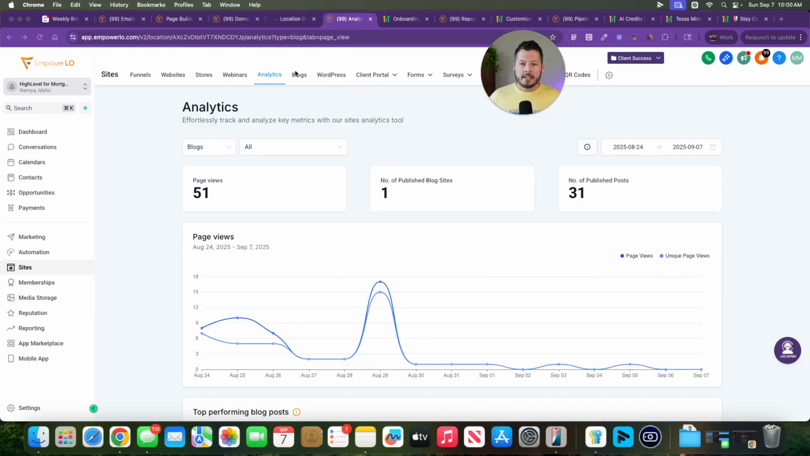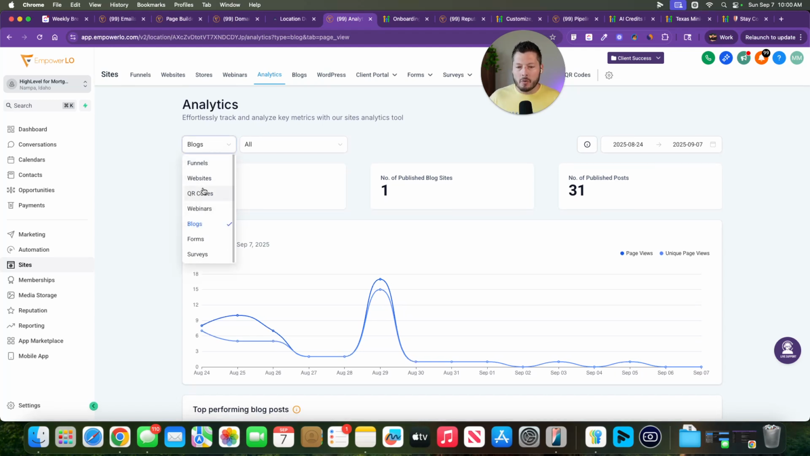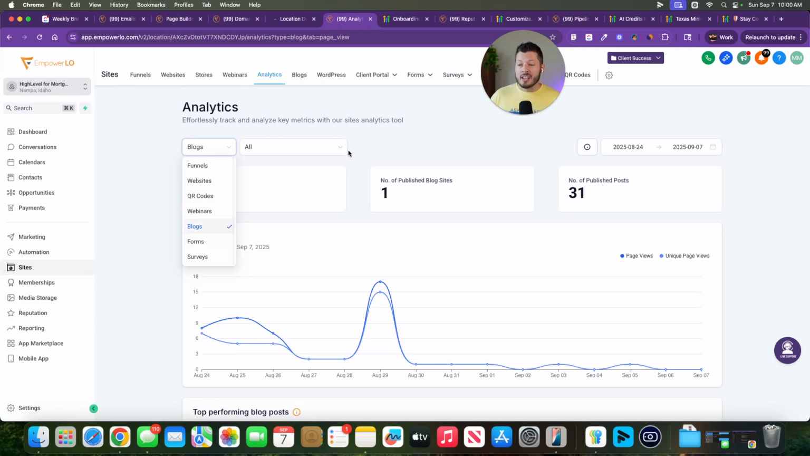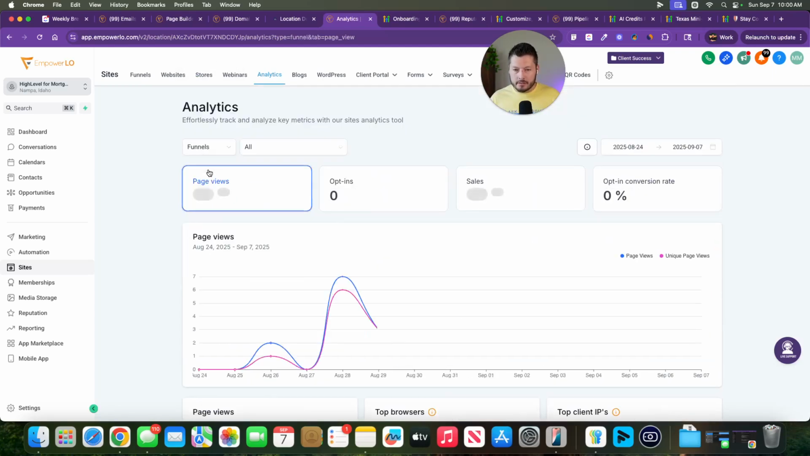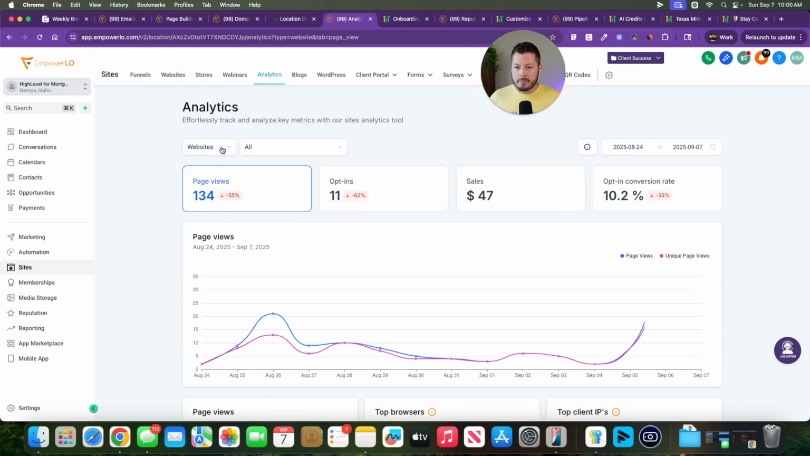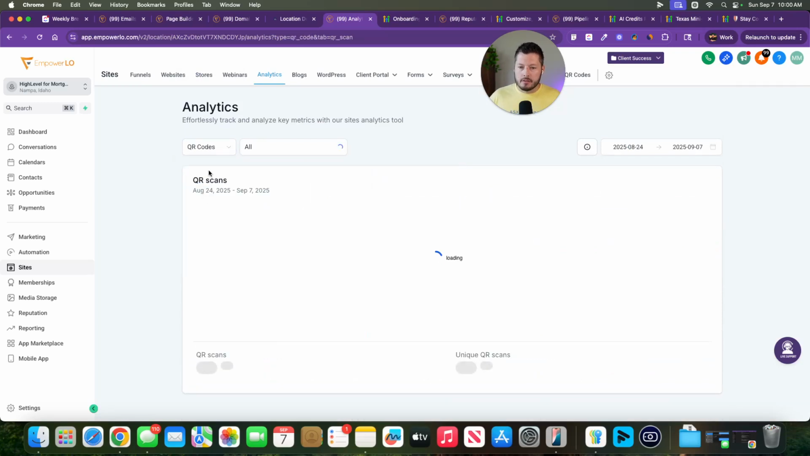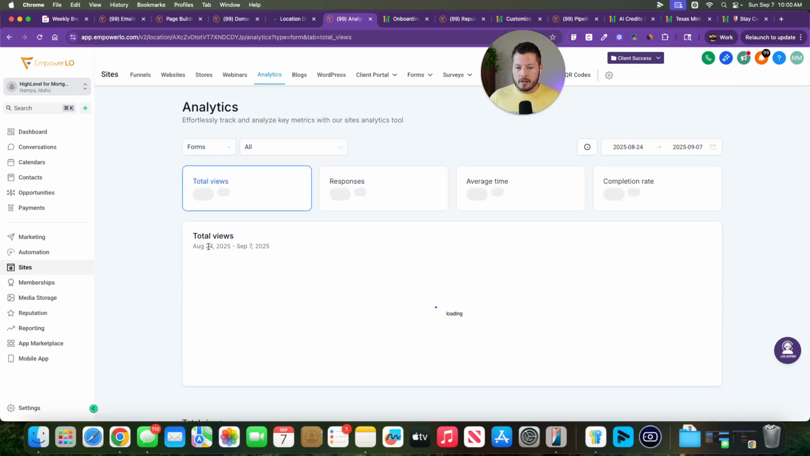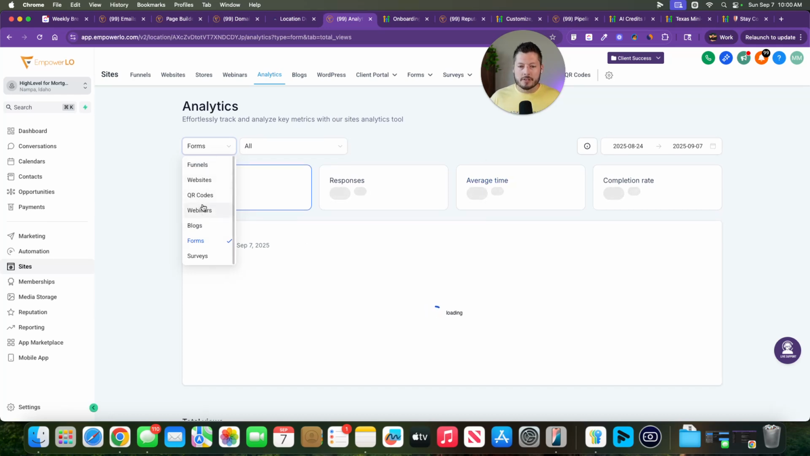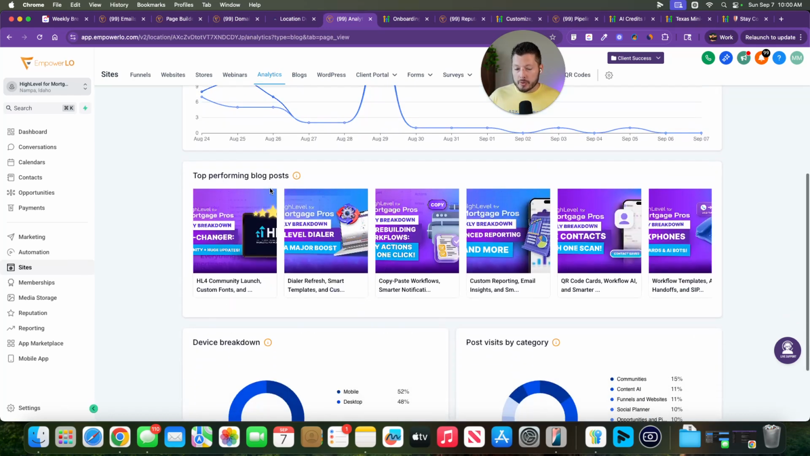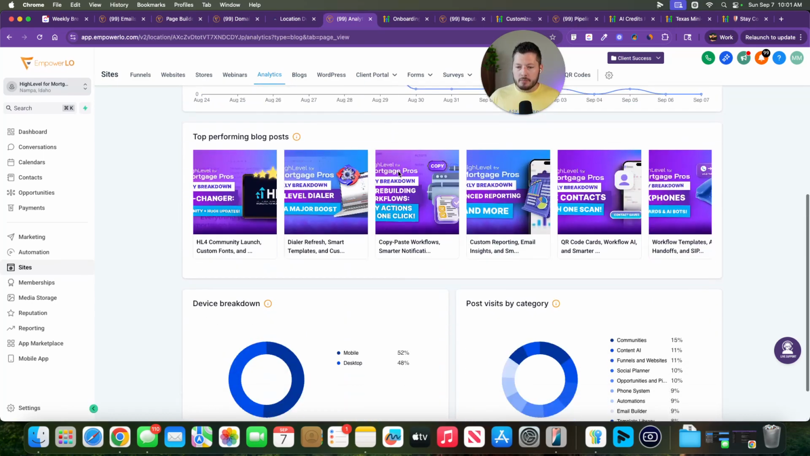But basically, inside of your website section, you have an analytics section that allows you to toggle between your funnels, your websites, your QR codes, webinars, forms, and surveys, and analyze down to the group level, not the individual level, how many visits, how many opt-ins, how many scans, et cetera, and for forms and surveys, how many completions and responses, all of that good stuff. And so they've added blogs to this, which is really cool, because if you have a blog, it's probably